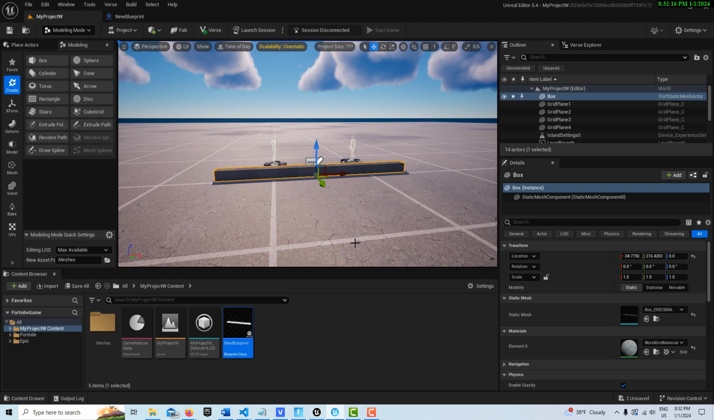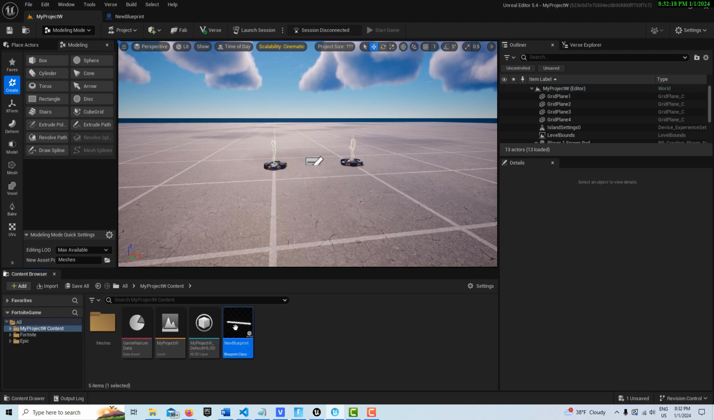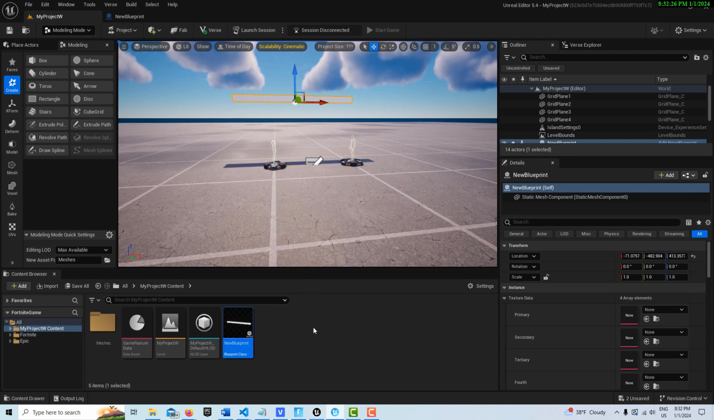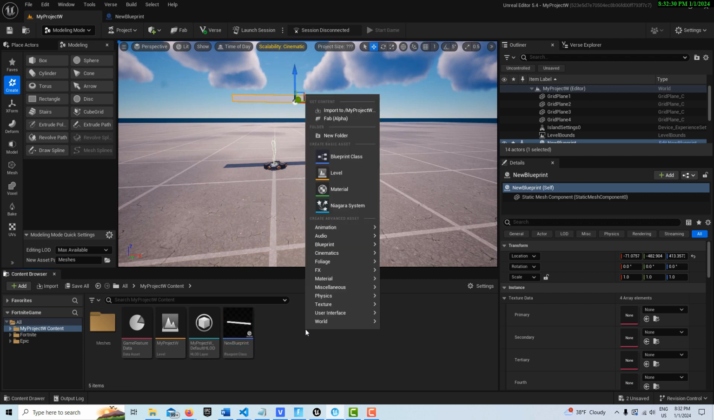Okay, we don't want this model anymore. We want the one that we made in our blueprint. So then we'll bring it up here and put it right there. And then all we have to do, this is really simple from here, is you should be able to right click, go to cinematics, create a level sequence,